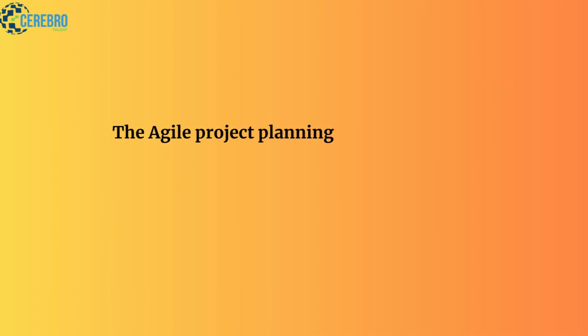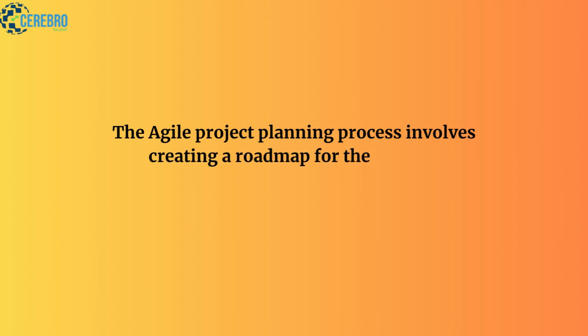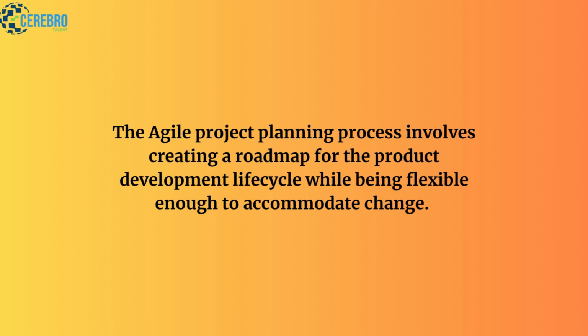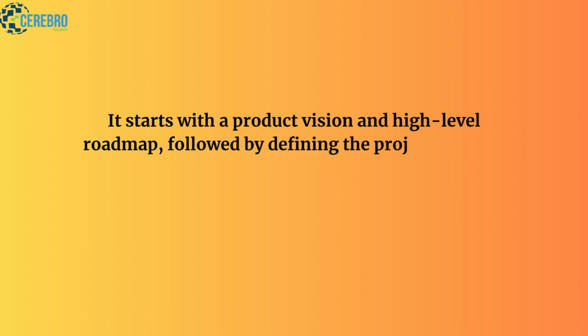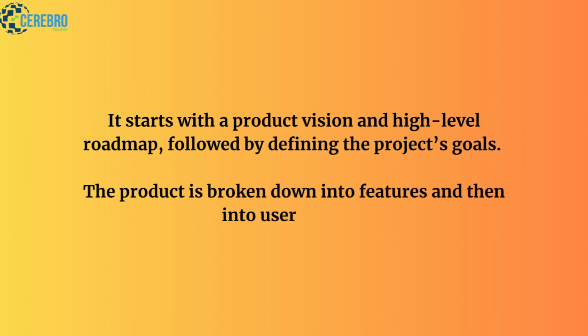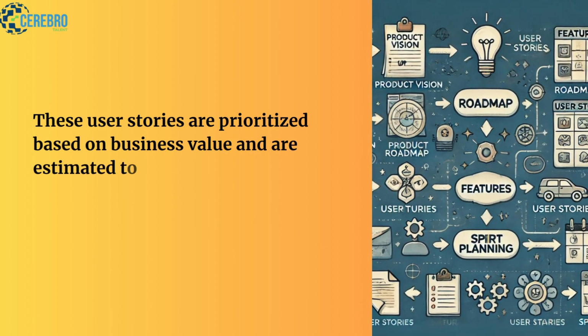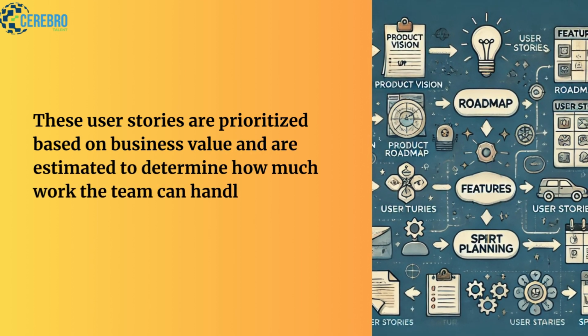The Agile project planning process involves creating a roadmap for the product development lifecycle while being flexible enough to accommodate change. It starts with a product vision and high-level roadmap, followed by defining the project's goals. The product is broken down into features and then into user stories. These user stories are prioritized based on business value and are estimated to determine how much work the team can